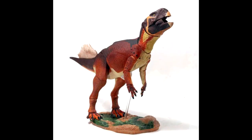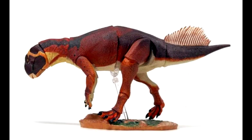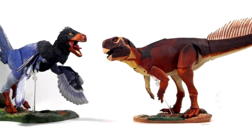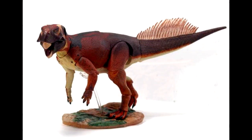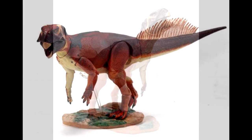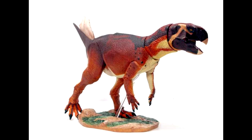However, on two legs, it does tend to fall down after, I think, around 3 seconds or something, he said. So he has actually gone ahead and created a base for the figure, and this figure will be distributed with the base. The base will be included as an extra, will not be in the packaging. I think it's going to be in a little baggie separate, but the fact that he has gone through the care to create a base in such a hurry and a rush to try to get it included with this figure just again shows how much David Silva cares about the satisfaction of his customers,